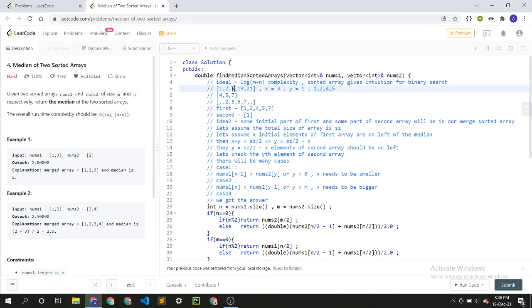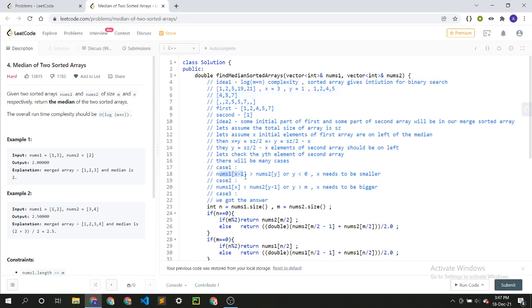So the first condition says that the last element of our first array which is on the left side of the median, that is 5 here, and the next element of the second array after taking the elements on the left of the median, that is here also 5.